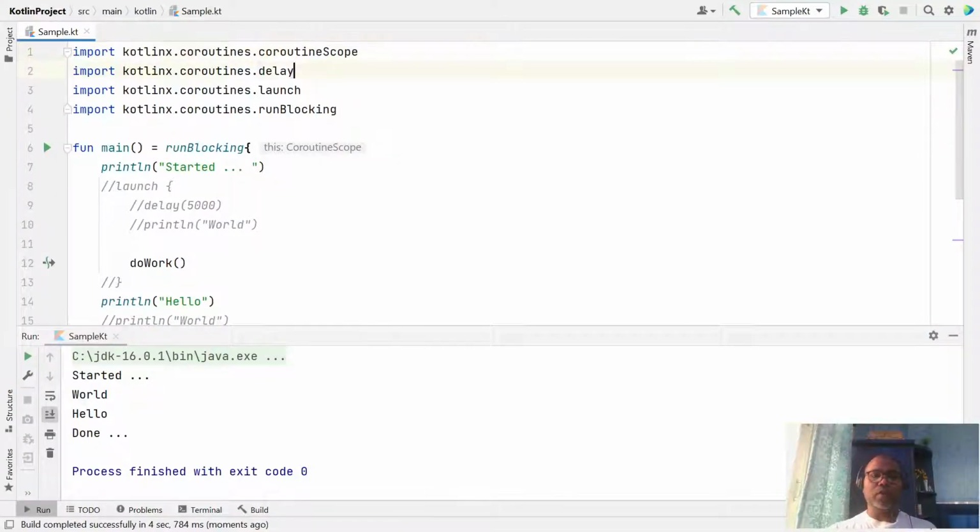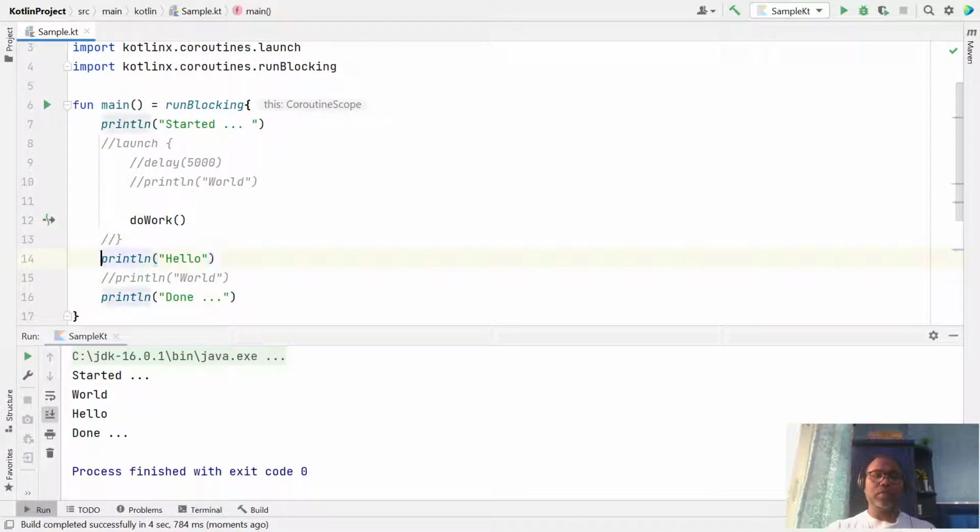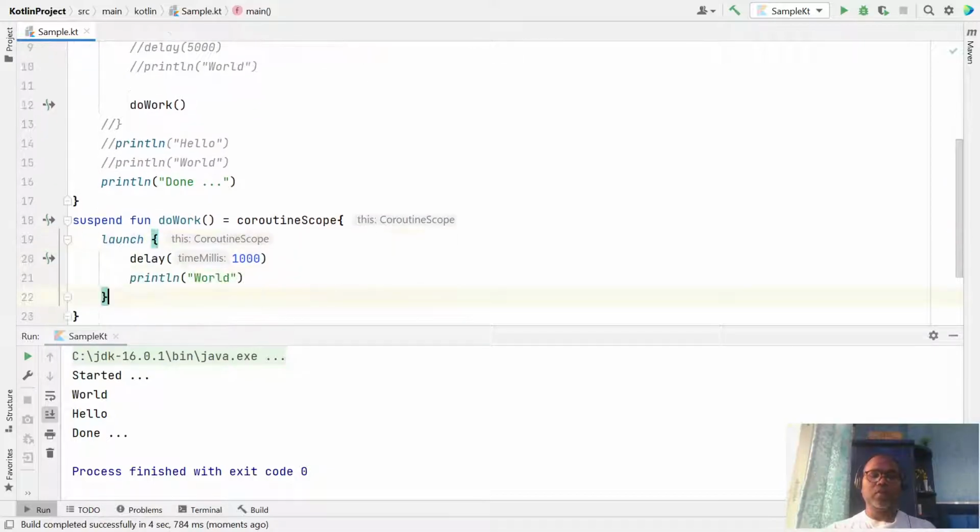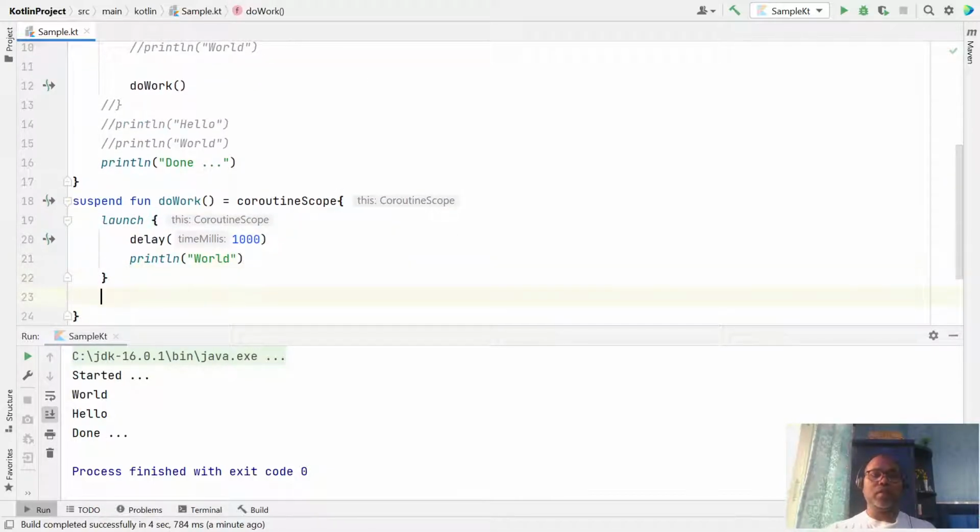So here, whatever you want, this is now your scope. Whatever you are doing here is done here. So first, what happened is that this launch will separate the code. This code does not wait; this is a non-blocking call.